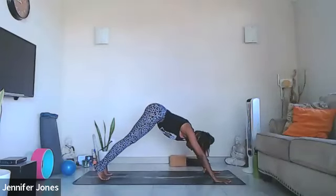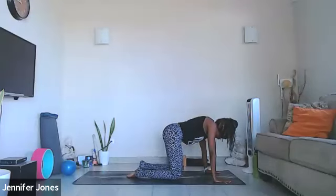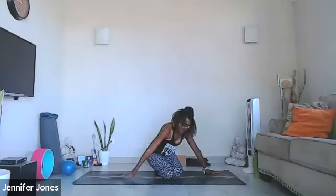And once you've completed your 3 rounds of whichever form you chose to take, you come into a seated position. Whew. Bring your legs out in front of you and just give them a little shake up and down. Maybe from side to side and circle through the ankles a little bit. Both directions. Good. Okay, so moving into Janusirasana, so the left leg will stay more straight, and you're going to